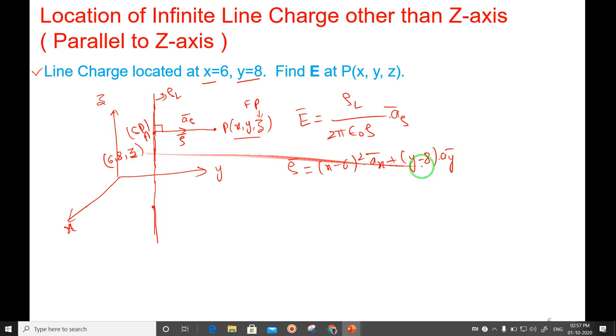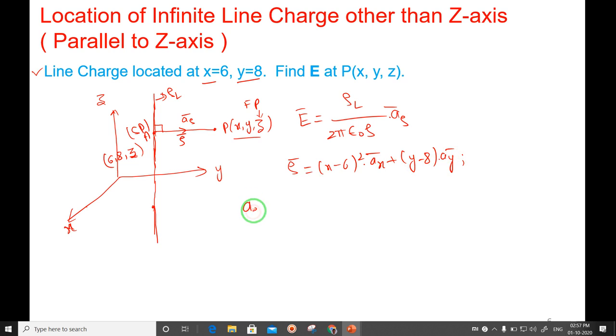Then the z component will cancel out, means the z component has to be cancelled because the line charge is placed along the z axis. Parallel to the z axis means the z component should vanish. If the line charge were placed along the x axis, the x component would vanish. Since the line charge is placed parallel to the z axis, the z component should not come into the picture. If az is coming into the picture, we are doing something wrong somewhere. We have to understand it like that.